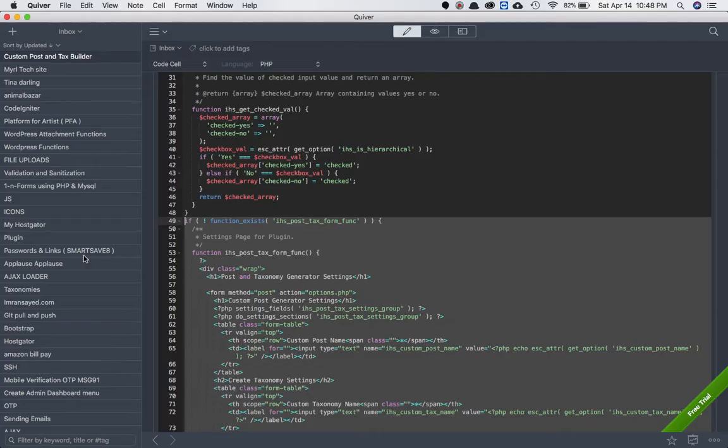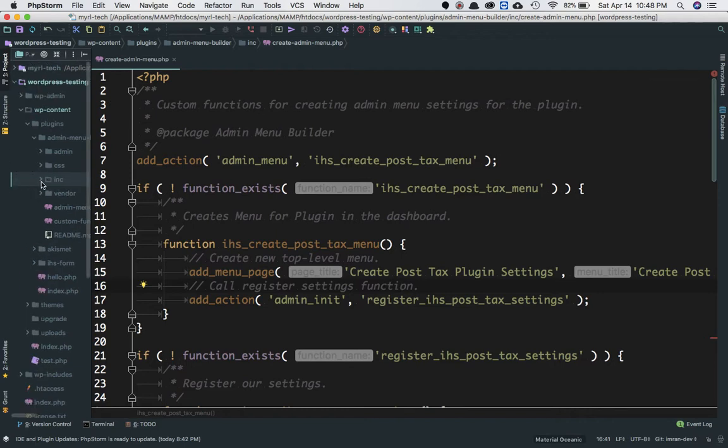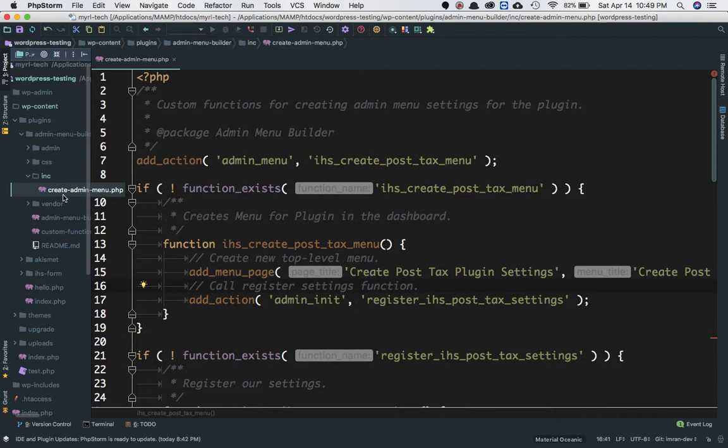Okay, looks like something is missing. Of course, we haven't included this file just yet, hence it's not showing over there. So let's include this file, create admin menu inside the includes folder. Just going to copy this name,